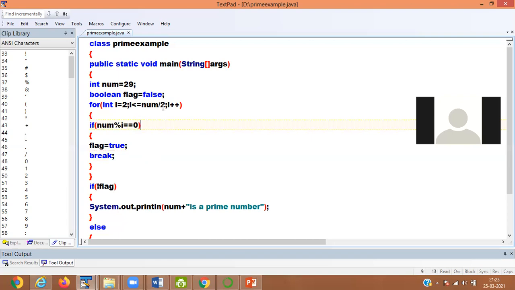So 4 is less than 14. 29 divided by 2, so you get 14 here. So 4 is less than 14, yes. So is 29 modulo 4 equal to 0?